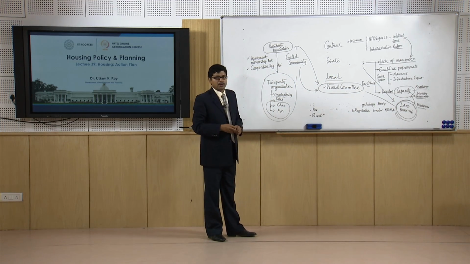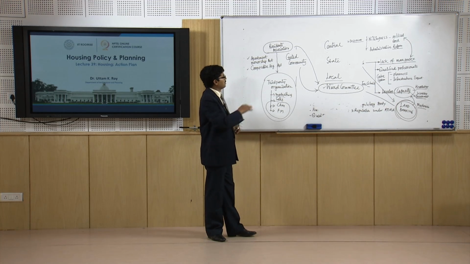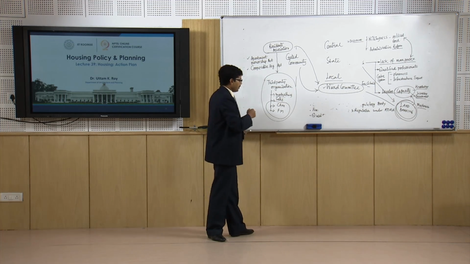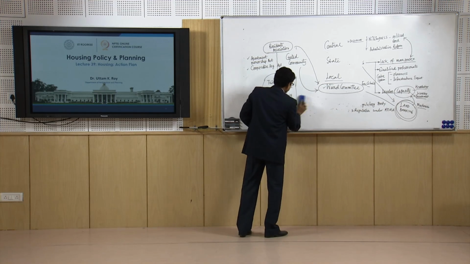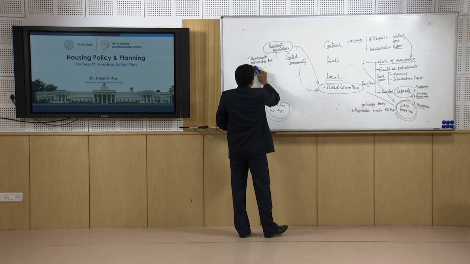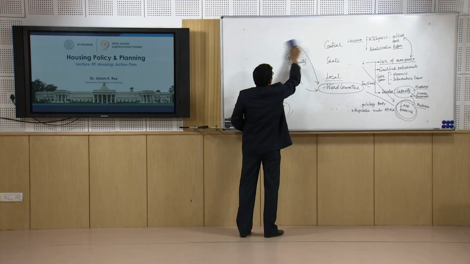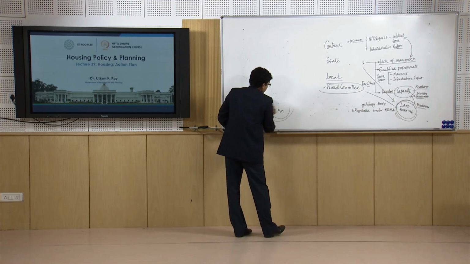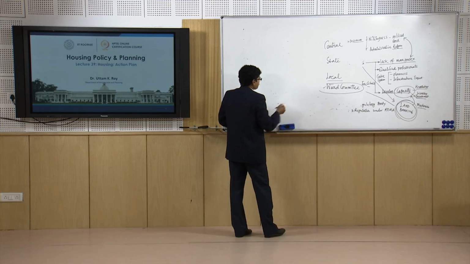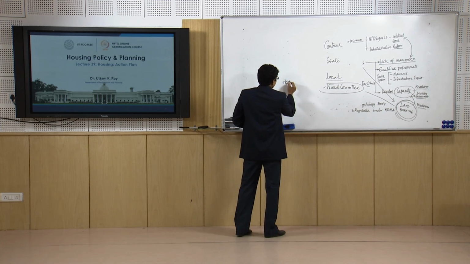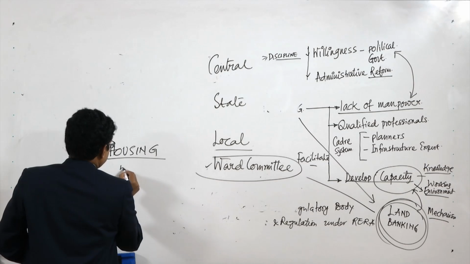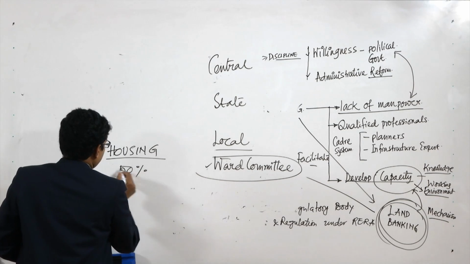actions and roles required at every level, starting from the policy level, planning level, development level and management level. One very important issue at this stage is that, since in land use we discussed that housing takes more than 50%, housing is a predominant land use which takes more than 50%. So,